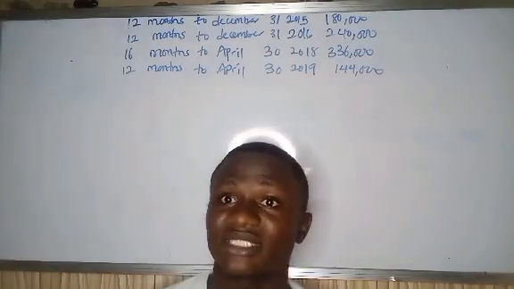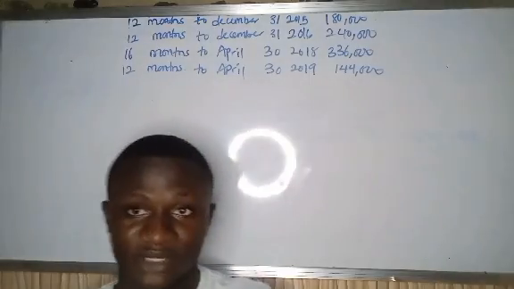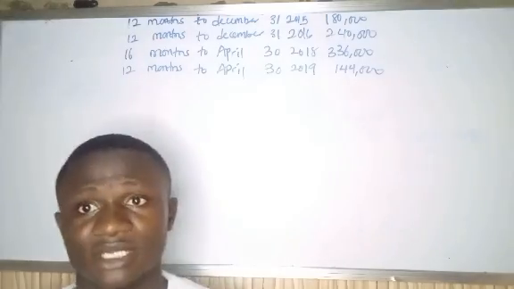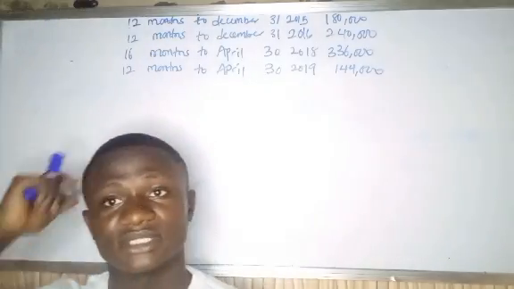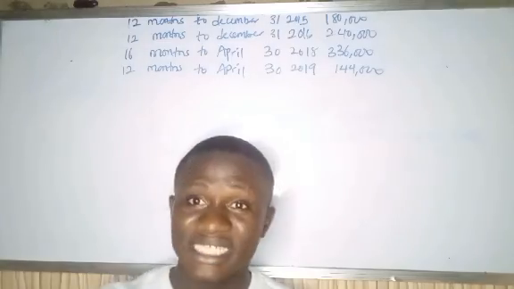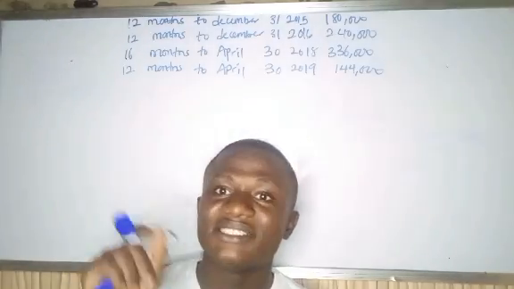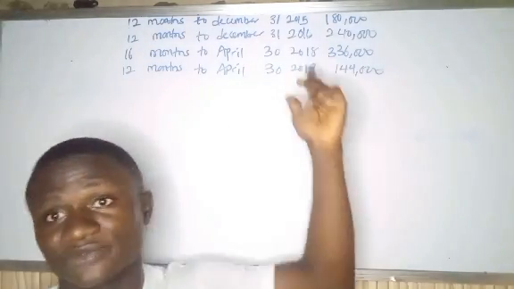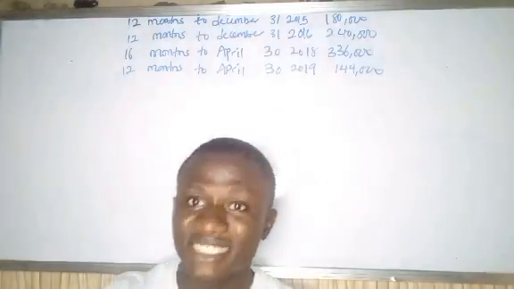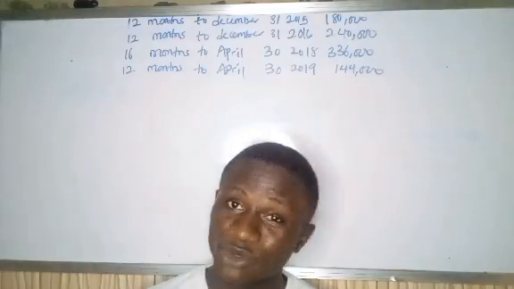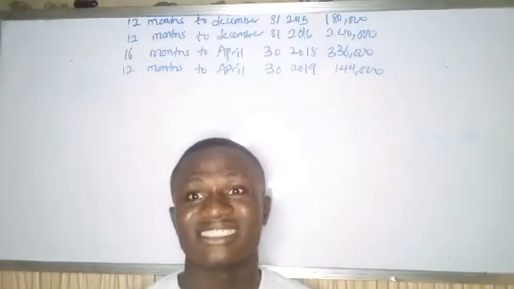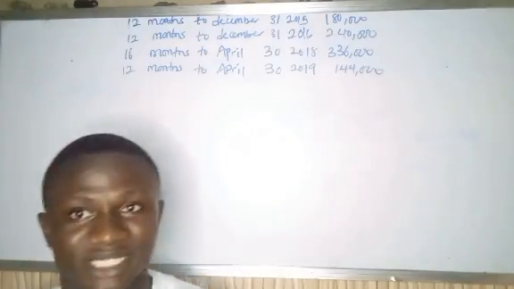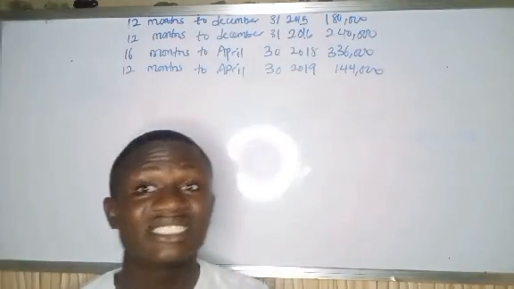So now this business has decided to change their accounting date from 31st of December to 30th of April. How are we going to assess them to tax? The rule of change of accounting date states that you look for the year where they did not file their tax, where the issue began. If you look at this question very well, in what year did they fail to remit tax? That is the year the issue began. It is not in the year 2018, because you see that the year that was omitted was the year 2017. So that was the year the issue began.